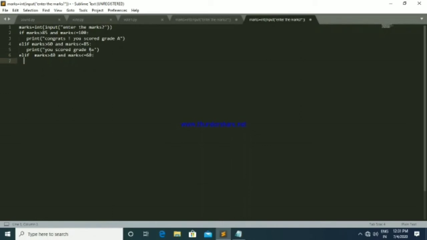If the student gets the mark between 40 and 60, the student will be ranked by using int grade as B. Okay, so print you scored grade B, and then I'm using elif. Already I said elif is nothing but nested, otherwise called nested elif.